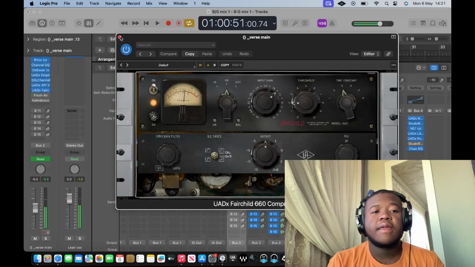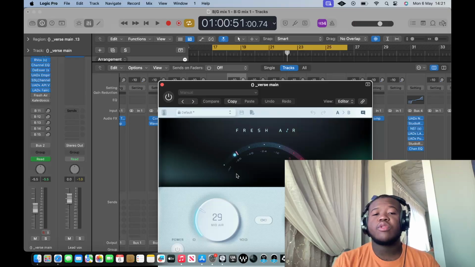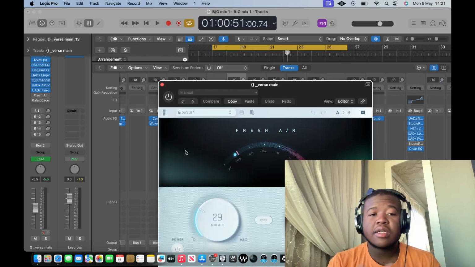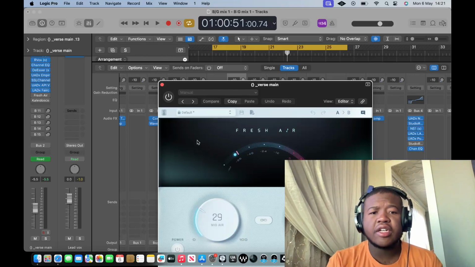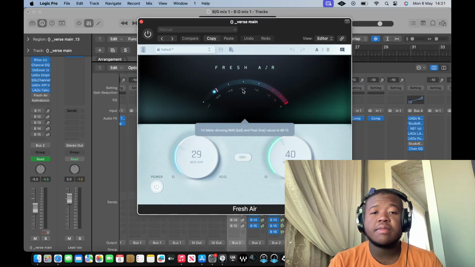Take a seat. Yeah, so that's what it's doing. Then now we needed to add a bit more. So before with the API, I think I was adding body in terms of the EQ. Now I wanted that crispiness. I wanted it to just feel crunchy, not too much, but in a really nice way. And this does it really well without bringing out any sibilance.